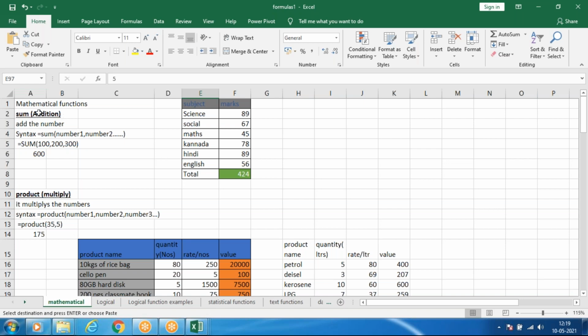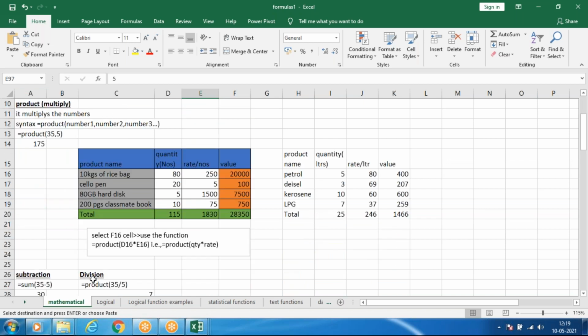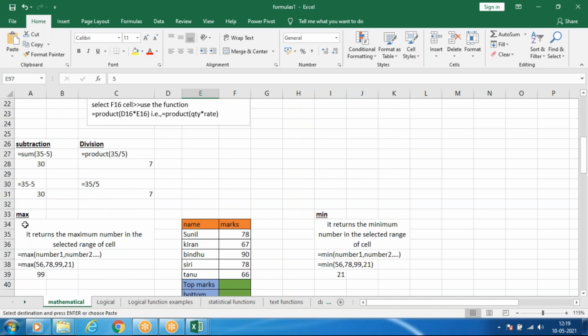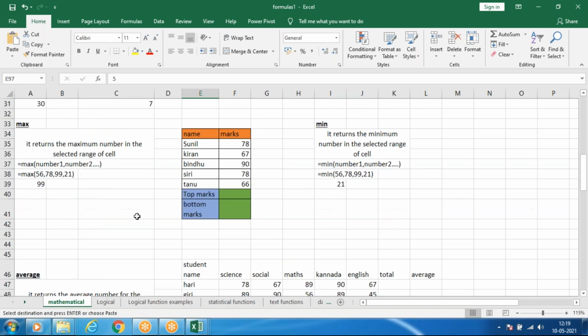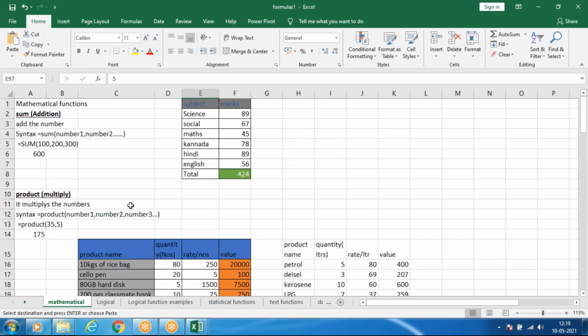So these are the basic mathematical formulas, which are sum, product, subtraction, division, and maximum, minimum. We have already seen sum, addition. If you press Alt equals, it automatically gives the sum value.